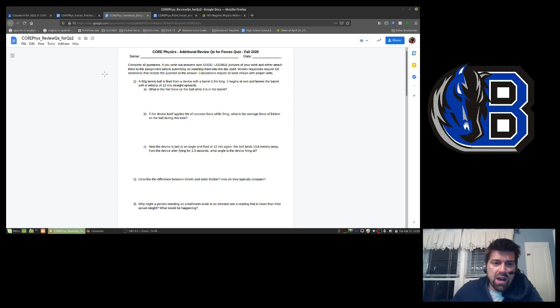60 gram tennis balls fired. What's the net force on the ball? Okay, I find the net force by summing up the forces. But there's also another way. F equals ma. And I noticed that I have some kinematic stuff in my problem. So the fact that it leaves at rest is a kinematics variable too. So if I can find an acceleration, I can use Newton's second law to find the force. I can't go this route though, because I don't have a time. What I can do